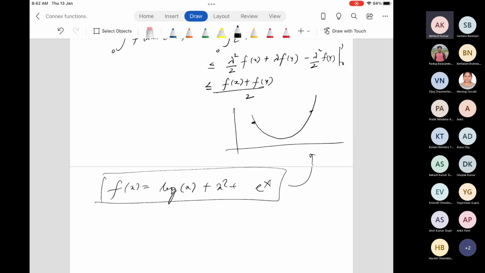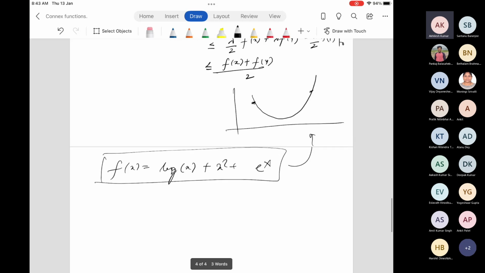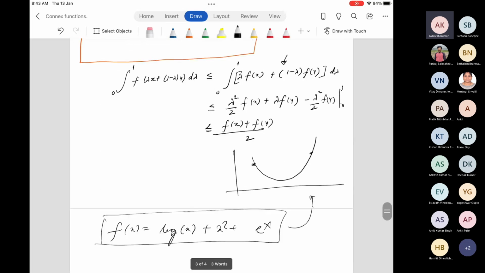Yes, sir. But whatever we have just proved in the example, can that be used to find whether a function is convex or not? If it's any segment which we have taken, and if it is less than that, can we not say that? Yes, sir, we can say that. It helps us in proving further on convexity. So that's why this result is very helpful when it comes to solving.